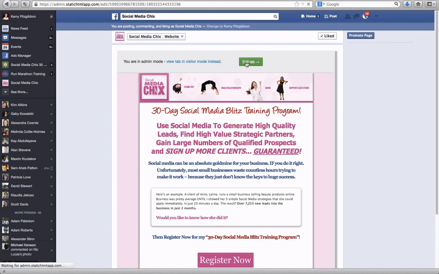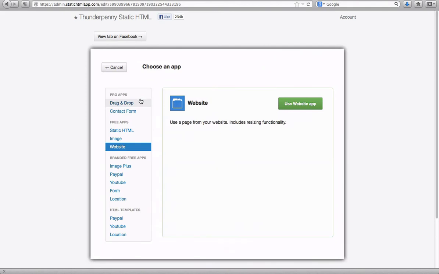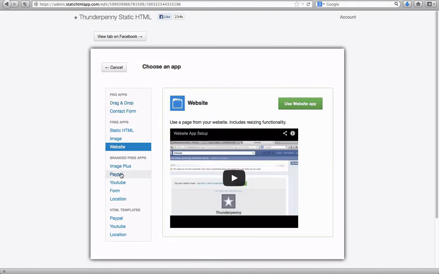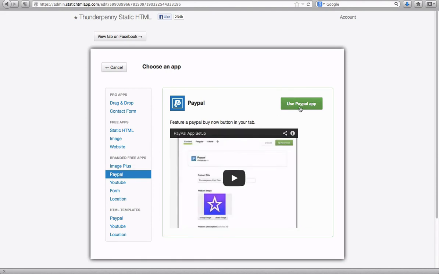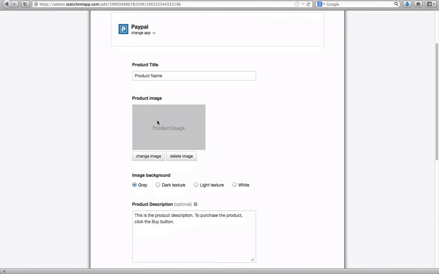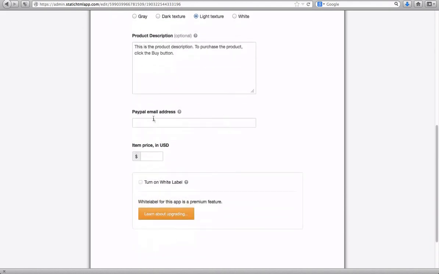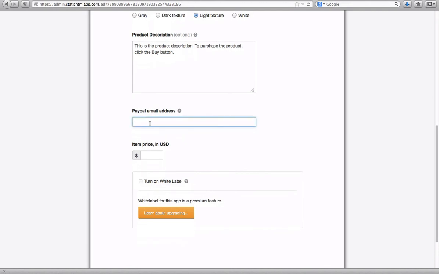We edit the tab. We can go change app, and then we have an option of a PayPal in here. So we can click on the PayPal, use the PayPal app, and then we can have the product name, we can upload an image, we can have a different type of background, and then we can have the product description, and then all you have to do is put your PayPal email address in here and the price, and then you can load this up